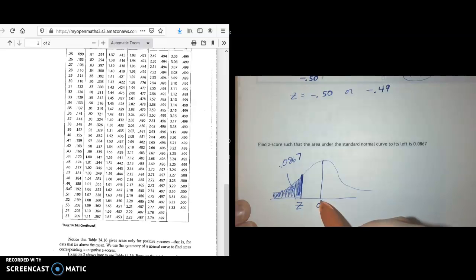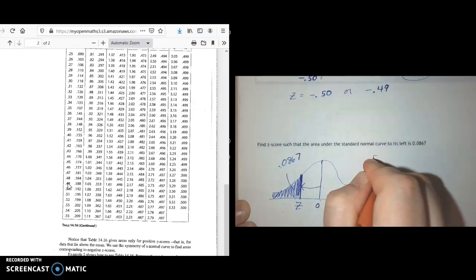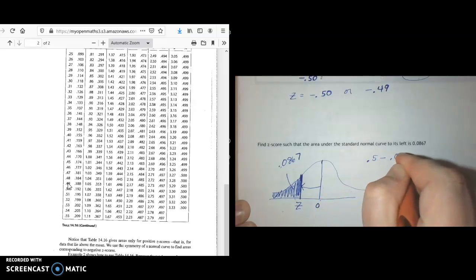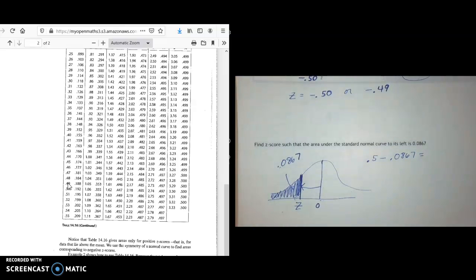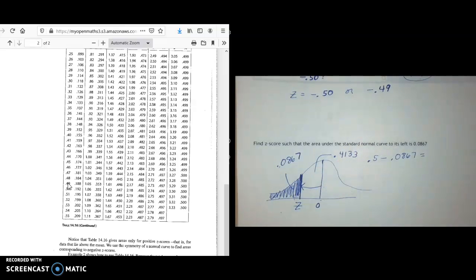If it was greater than 0.5, I might say it's over on this side. So I need to find the area from here to here. I know this whole side is 0.5, so I'm going to take 0.5 and subtract 0.0867. So 0.5 minus 0.0867 is 0.4133. So I know this area is 0.4133. So I'm going to go into my chart, and I'm going to look for the area